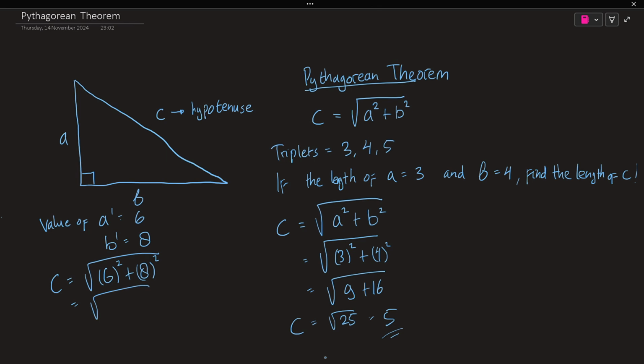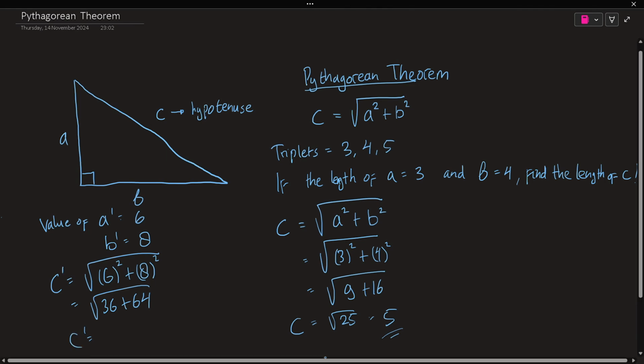So it's the square root of 36 plus 64, or C is equal to the square root of 100,